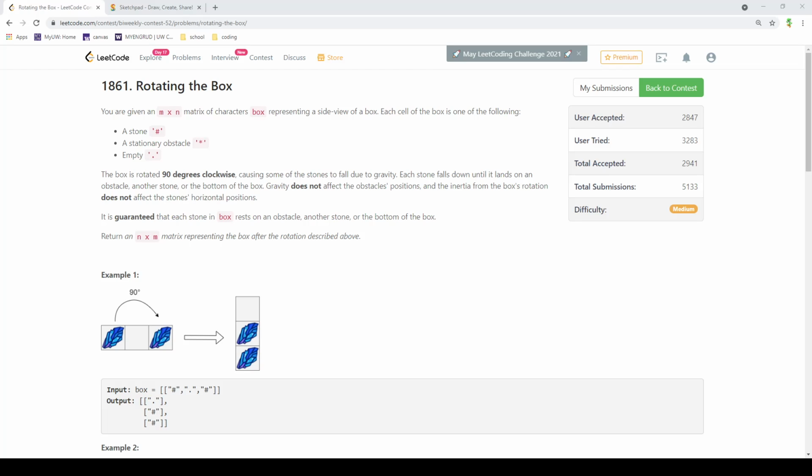Hey guys, so this is going to be the third video going over problem number 3 in the Biweekly 52 contest. This is Rotating the Box. I'll be going over the problem and then going over the solution that I came up with